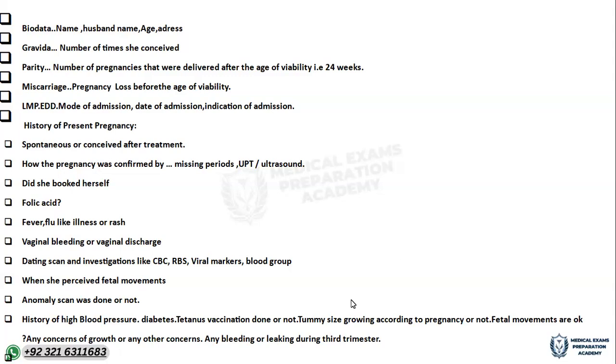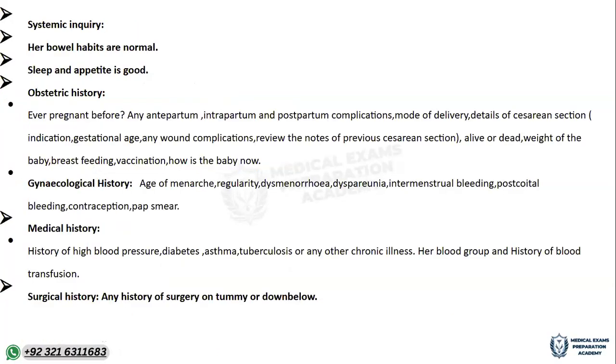And is there any history of bleeding, leaking, or vaginal discharge during the third trimester? So this is the history of the present pregnancy. And while asking these questions, you will keep in mind first trimester, second trimester, and the third trimester. Then you will ask about the systemic inquiry. Like any other history, you will ask about her bowel habits, sleep, and appetite. And then you will take the